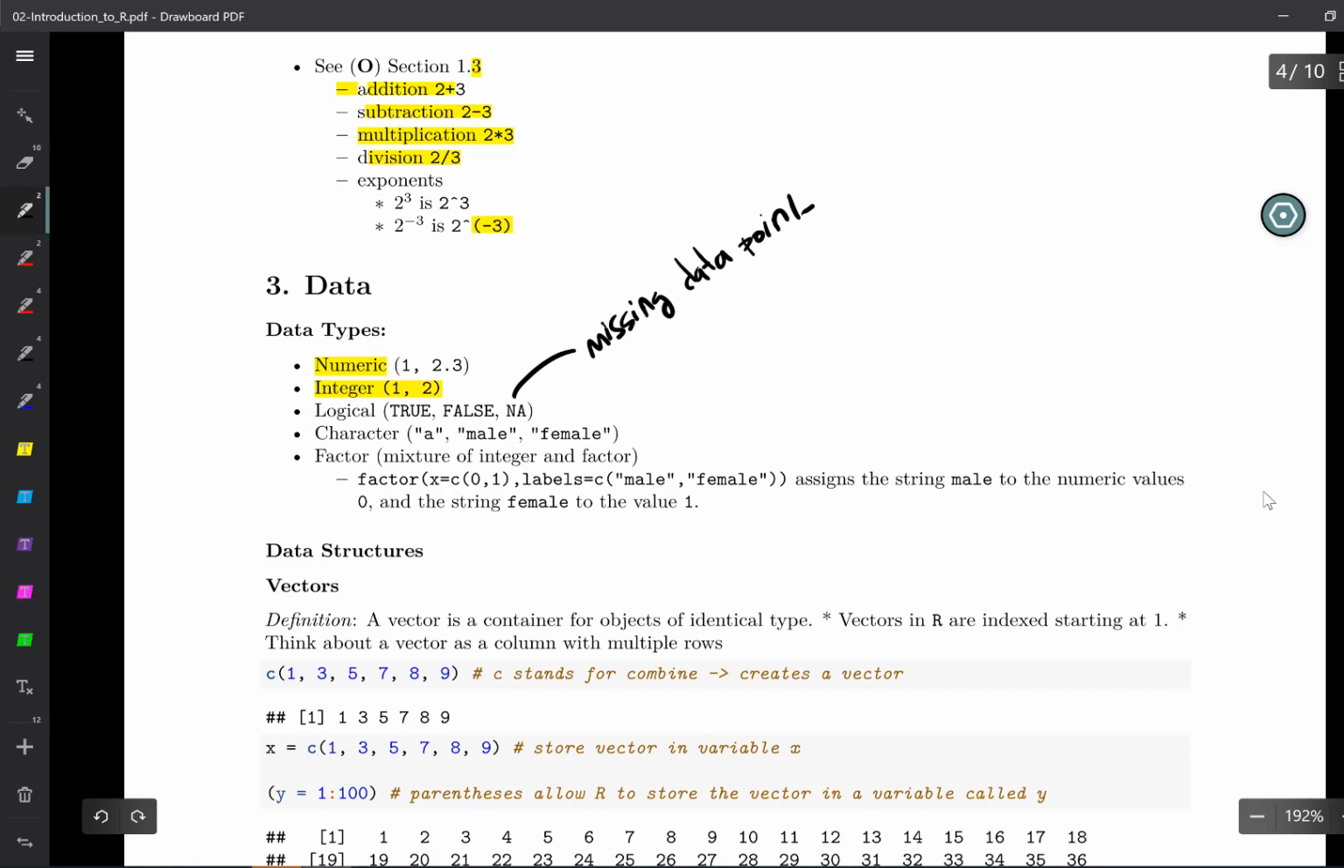You could have a character, which is basically words or letters. So you could have male or female. And you could also have factors, which is a combination of both numbers, integers, and characters. So in this case, this specific code line here says 0 would be for a male. It would assign any string that says male to a numeric value 0 and any string female to a value